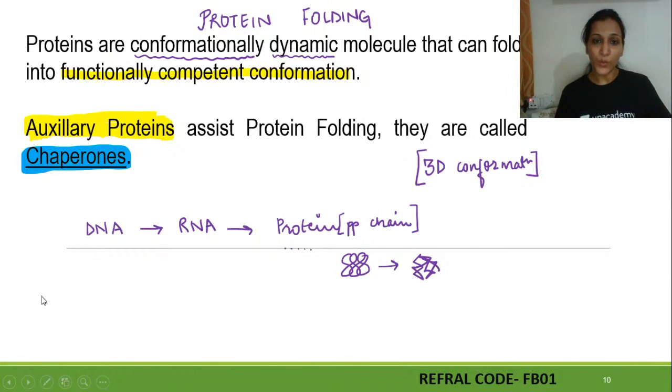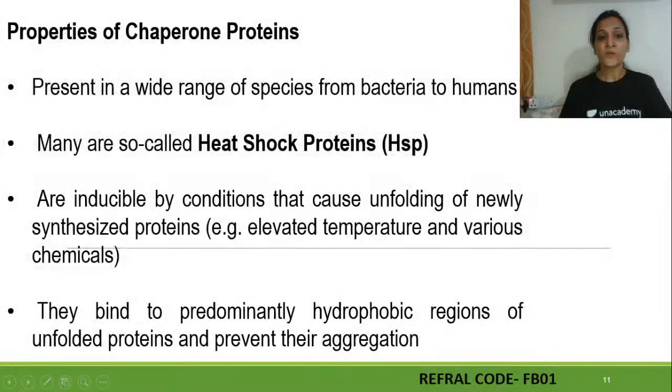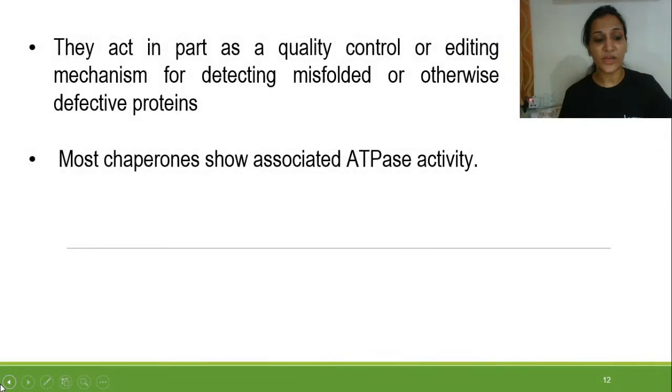So protein folding, we know why it is important. What happens in protein folding, we are going to see in detail, but we know that a polypeptide chain, just a sequence of amino acids arranged sequentially, needs to fold on itself to become active. So that is your protein folding, right? And the most important things which help in protein folding are chaperones. So we are going to start our lecture with the reference of chaperones. What are these chaperones? What are the properties of these chaperones? What are they actually in nature? So let's begin with the idea of chaperones.